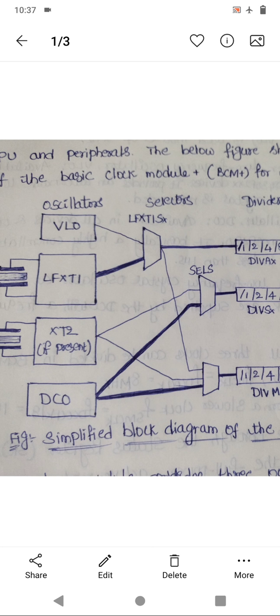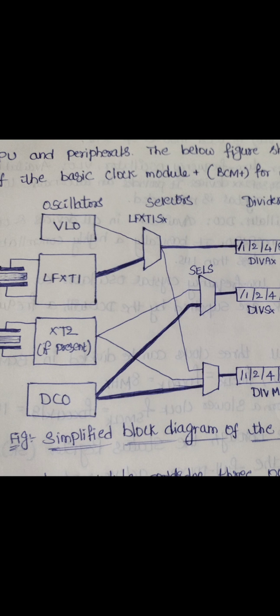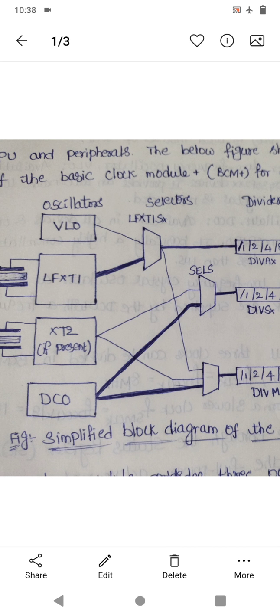Here we also use the auxiliary clock that comes from the low frequency crystal oscillator at 32 kilohertz, and we also use both SMCLK and MCLK, that is the subsystem master clock and the master clock. Both are supplied by the DCO with a frequency around 1 megahertz. At the lower frequency it can oscillate at 32 kilohertz, whereas at the higher frequency it can oscillate in the range of 1 megahertz.